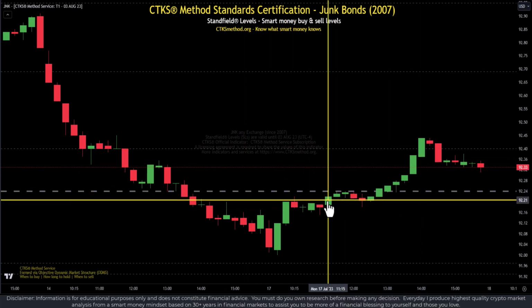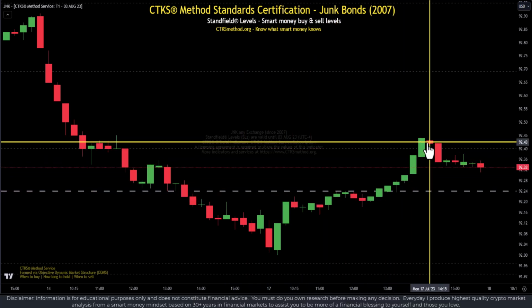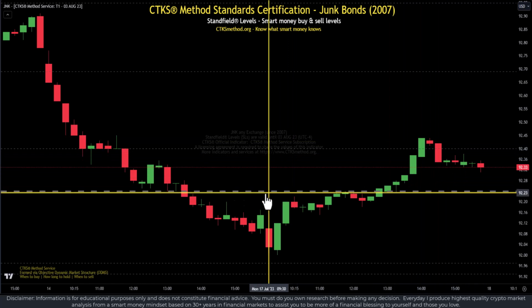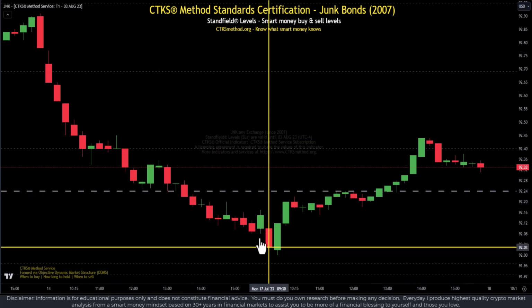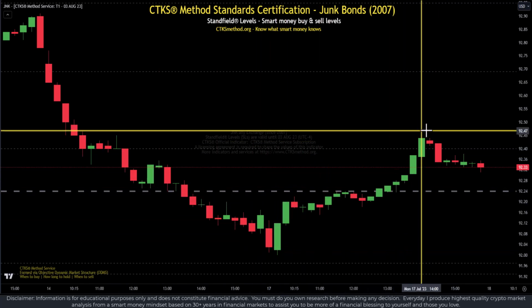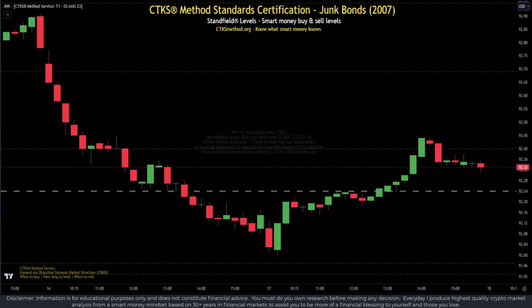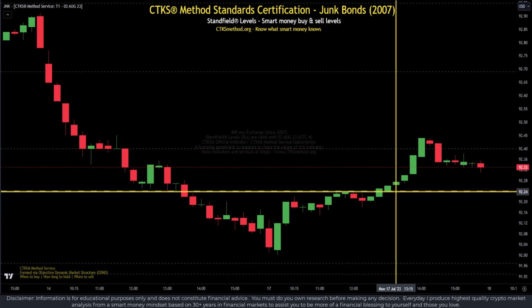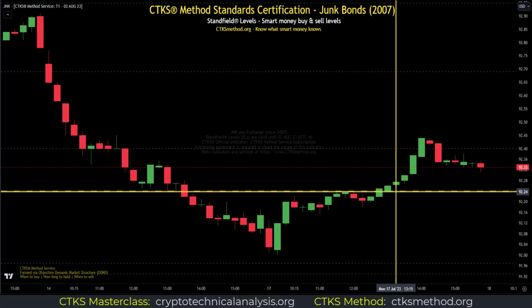We've seen junk bonds, risk on sentiment, get above this once resistance line when price was down here and turn into a support line right now. With junk bonds, please keep your eye on that 92.24 mark. We don't want junk bonds to go falling below that mark. We want it to get above